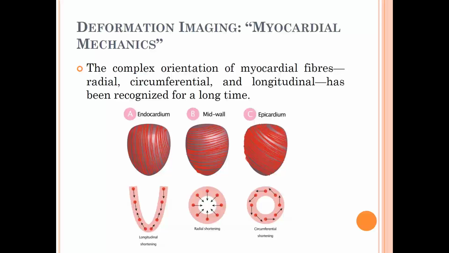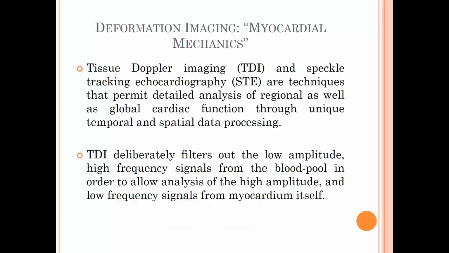What about deformation imaging and myocardial movements? We all know that the myocardial muscle has a complex orientation of myocardial fibers. We have longitudinal fibers, radial fibers, and circumferential fibers, and they all shorten in different ways. To assess this, tissue Doppler imaging and speckle tracking echocardiography are the techniques that permit detailed analysis of regional as well as global cardiac function through the unique temporal and spatial data